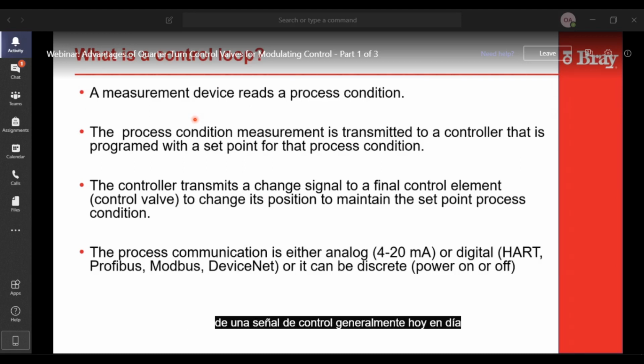Usually nowadays it's an electronic 4 to 20 milliamp signal, and it adjusts the valve to maintain that set point. So anytime there's a disturbance from the set point, the controller will send a change in signal to the valve to make it adjust its opening to correct the set point.